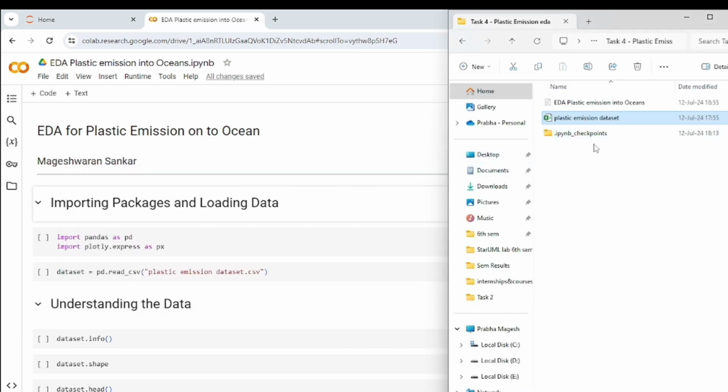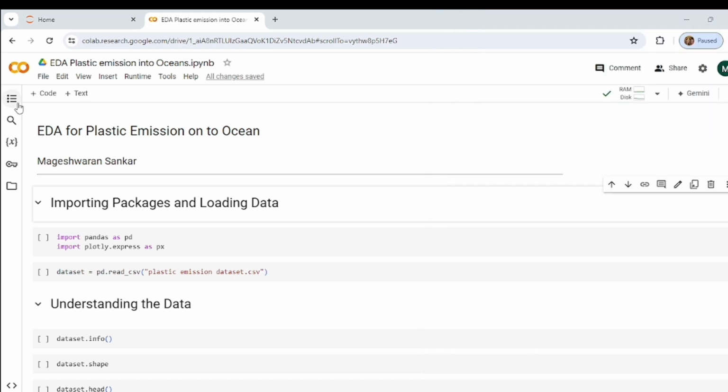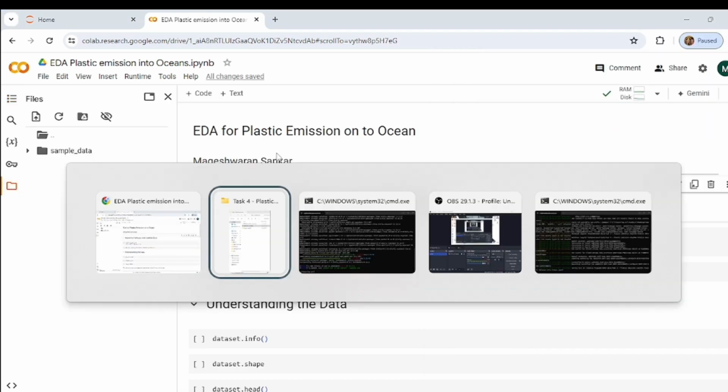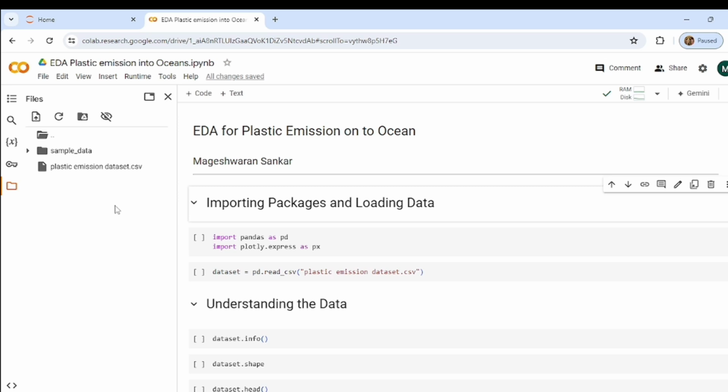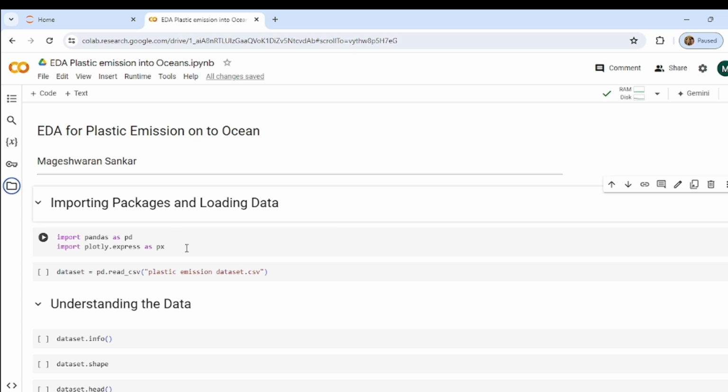For doing this, I'll be using this data set. So first I need to load my data set to the Google Colab, and for that I'll just be dragging and dropping them into this section. Once I drop them in this section, it is automatically uploaded. So first, copy its path. Followed by that, I'll be loading that data into our Google Colab notebook, and we'll be performing exploratory data